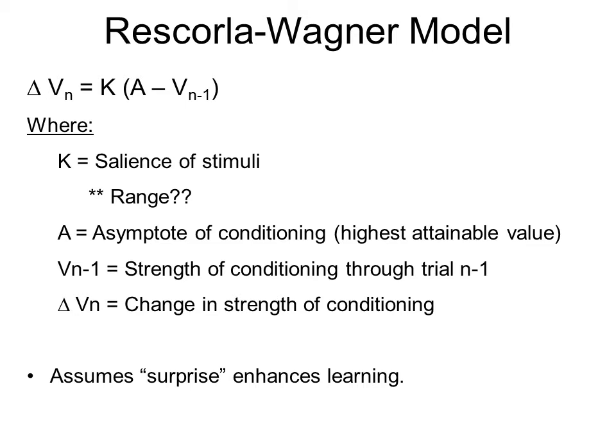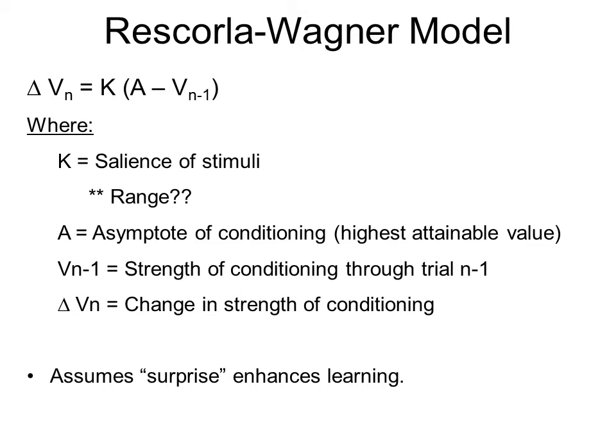Now, one interesting thing about the Rescorla-Wagner model is that it reflects its assumptions of how conditioning unfolds. It assumes that conditioning is greatest when the element of surprise is the greatest. It assumes that the greatest change in learning, or the greatest change in behavior, occurs on those trials that are earlier in learning. So for example, I gave the example in a previous lecture of Bambi, and Bambi learning to fear wolves.